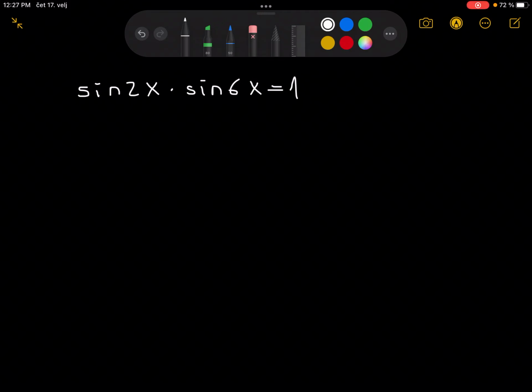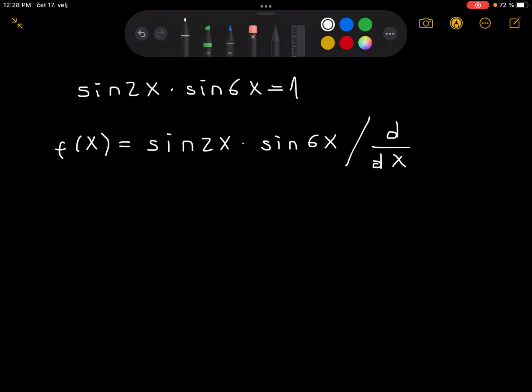So hi everyone. We're going to be doing the same problem as in the last video, but we're going to be using a different approach. Namely, I'm going to be using derivatives and single variable calculus. I'll call this product of sines on the left hand side f of x. So f of x is equal to sine of 2x times sine of 6x. I'm going to differentiate both sides with respect to x, of course,